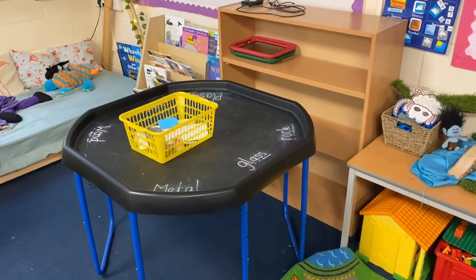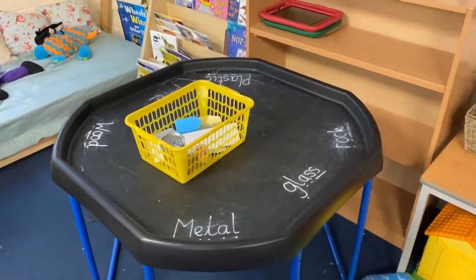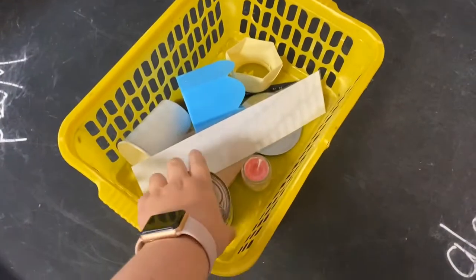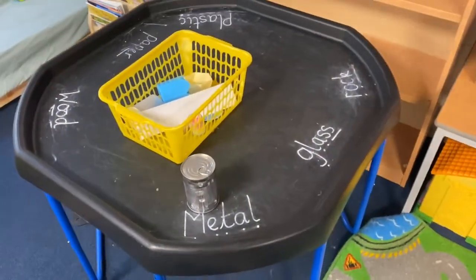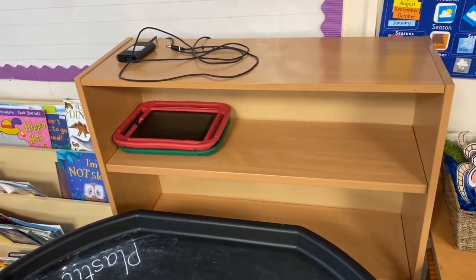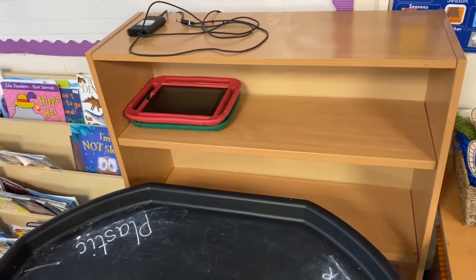In addition to the zones, we also have table-based activities. So here in the Tough tray, we have a science activity where the children will be sorting the objects into their materials. So this, I'm going to put with the metal. We also have computers and iPads for the children to access. It is monitored, but all the children have had some e-safety lessons, so they should be up to date on